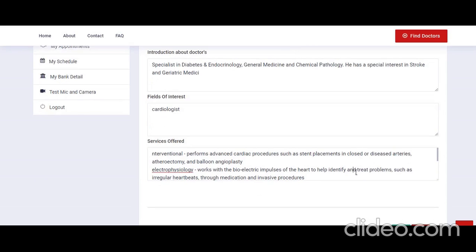And lastly, you can write what kind of services you can offer, for example I write international performance, advanced cardiac procedures, surgeries, anything you like.